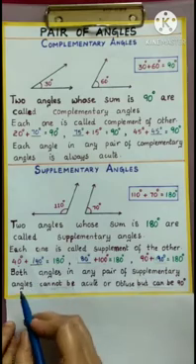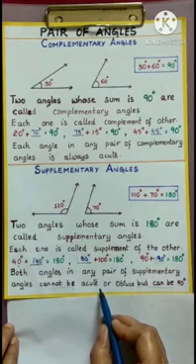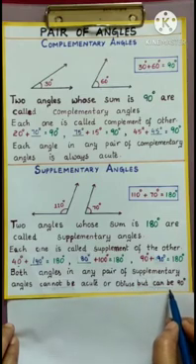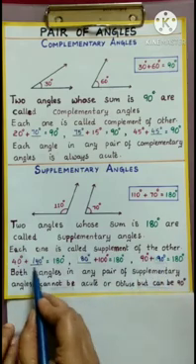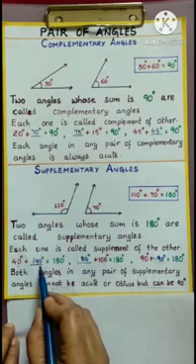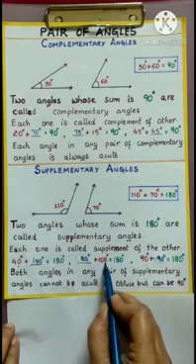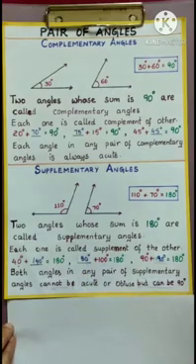So remember, both angles in any pair of supplementary angles cannot be acute or obtuse, but they can both be 90 degrees. It can't be both acute and both obtuse. If one angle is acute, the other one is obtuse. If one angle is obtuse, the other one is acute. So from this we can say two acute angles cannot form supplementary angles because the sum of two acute angles is always less than 180 degrees. Good.